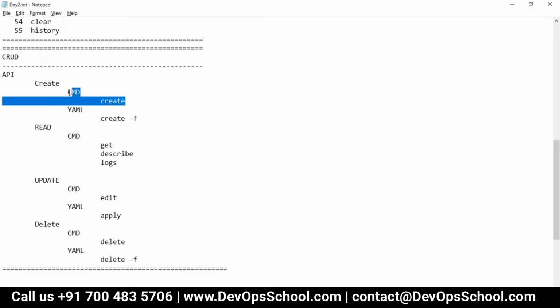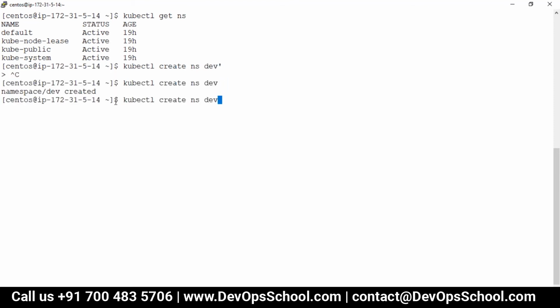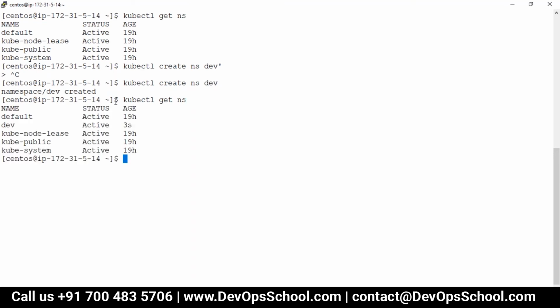How can I create through command line? You can create through this one also, YAML also, but slowly I will incorporate. So kubectl create ns. What ns? Dev. Sorry, this spelling mistake. Dev. Guys, get ns. Dev created. So easy. Nothing I did. Great.